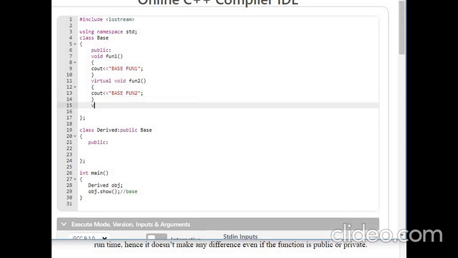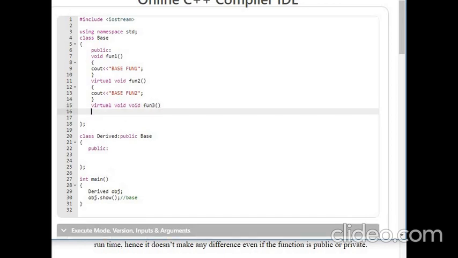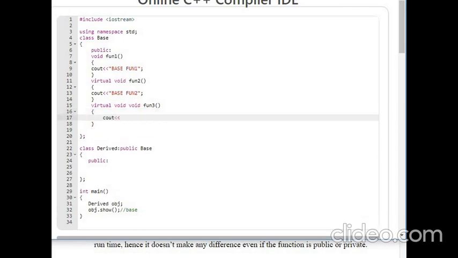Again, we can have one more function as virtual. There is no restriction on how many virtual functions you should have in your base class as well as the derived class. That depends only on the programmer, no problem. This is fun3. So this class ends here. We will come to the derived class next.